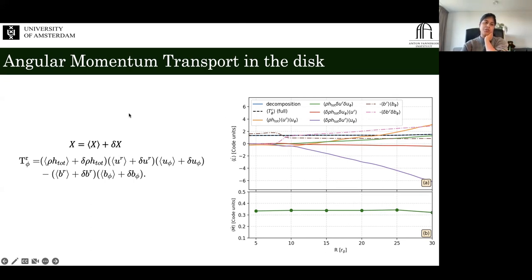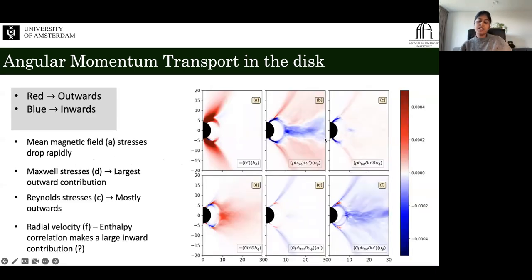And in order to understand all the stresses, what we do is we take the T_rφ component, and then we decompose the T_rφ component into an average and an instantaneous component. And these are all the terms that we come up with. There are a lot of terms, but only a couple that are most interesting. So we tried to see how all these terms behave as a function of radius. And it is really hard to say anything about the angular momentum transport from this plot. So we tried to look into how the